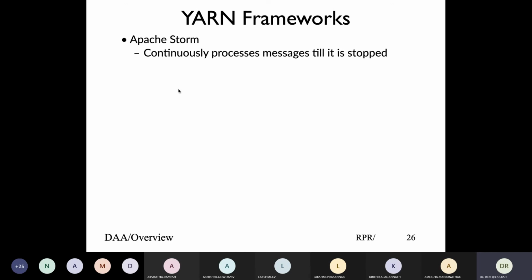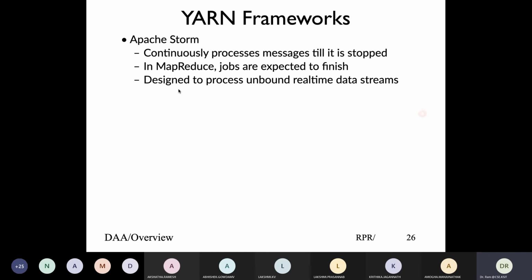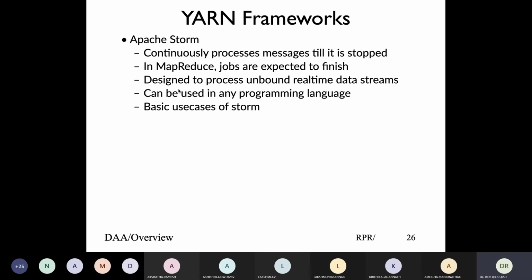So you want to get running output on running stream data, then we have to use Apache Storm, because MapReduce expects the job to be complete only in the output, which is not the case. For these applications where data keeps coming continuously, in order to get the results, we basically use Apache Storm. And again, since we are using Hadoop 2, we're not confined to Java. It could be any other application language which you can use and run things.